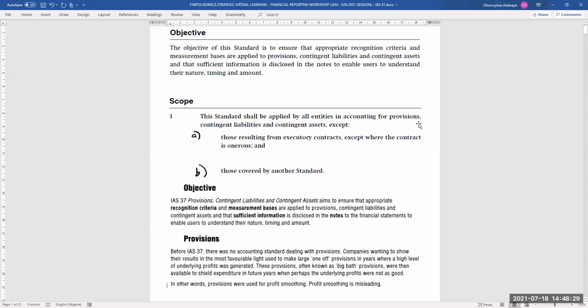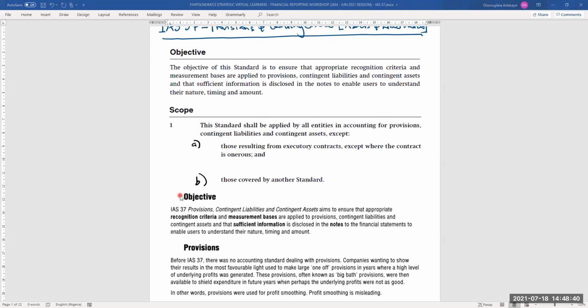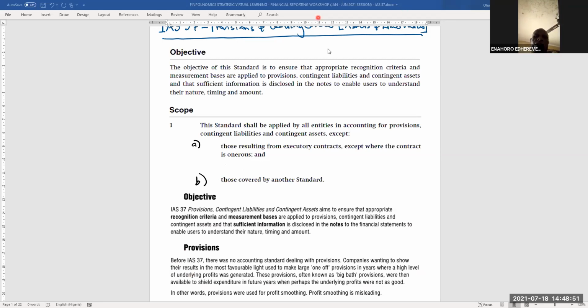Now, those are the things we need to get to know. I want you to read where I'm pointing to. Can you read this objective and this preface on provisions again so that we can move on? Objective. IAS 37, Provisions, Contingent Liabilities and Contingent Assets, aims to ensure that appropriate recognition criteria and measurement bases are applied to provisions, contingent liabilities and contingent assets, and that sufficient information is disclosed in the notes to the financial statements to enable users to understand their nature, timing,